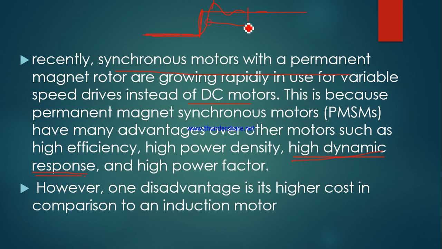This is not advisable where high performance dynamic response is involved, as I told in the paper mix. But in BLDC, as the rotor position is perfectly known, and if I tune the system or permanent magnet synchronous machine, then if somebody implements it and you test it, you can see that the response should be like this. It will improve the dynamic response drastically. But one disadvantage is that it is comparatively higher cost than an induction machine.